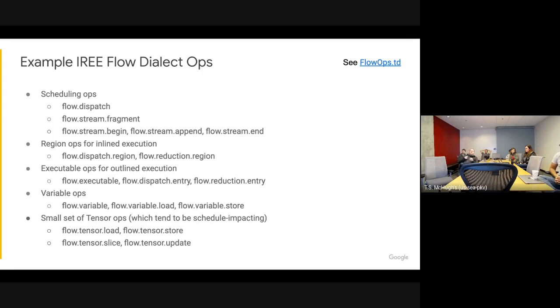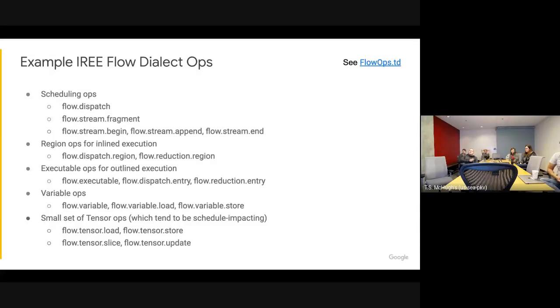And just as if this was in C and you were trying to lower this down to machine code, you'd say, oh, this is a hot variable used a lot, I'll keep that in a register. We can effectively do the same thing now. We know when a variable is loaded and used within a sequence of streams and only stored back at the end. So we don't need to do round trips into this variable that might be in a different memory space. It might have a different layout of the tensor assigned to it. And we can align all of that. Again, it's super easy to see here because these are all just SSA values.